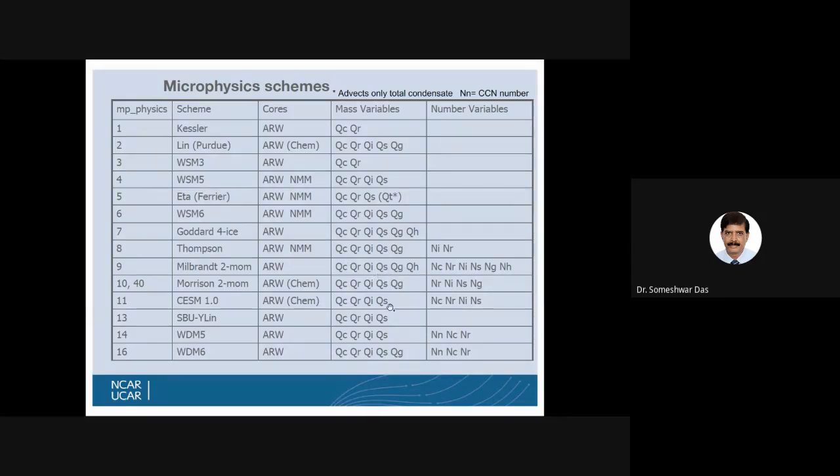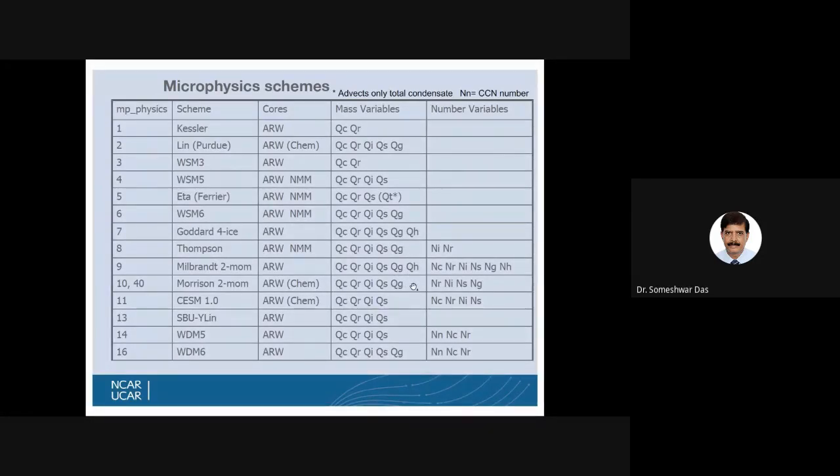Even hail, especially if you are trying to test a hailstorm case, then it is better to use this scheme so that you will see whether your model was able to produce hail or not, whether the hail mixing ratio was more than 0 or not.